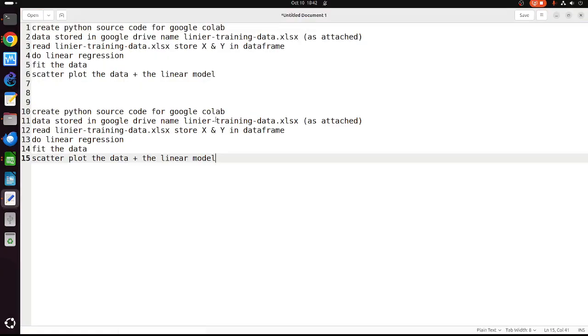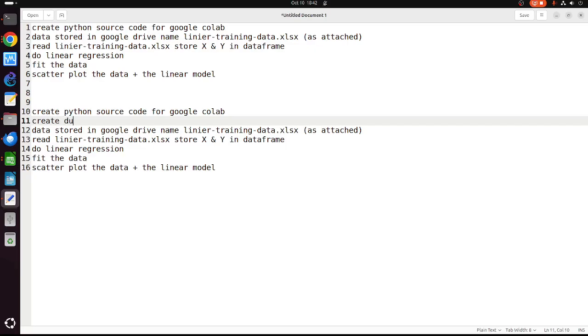Create Python code from our Google Colab training data. For our first run, we will use dummy data. Create dummy linear data for training data, and store it in a data frame.